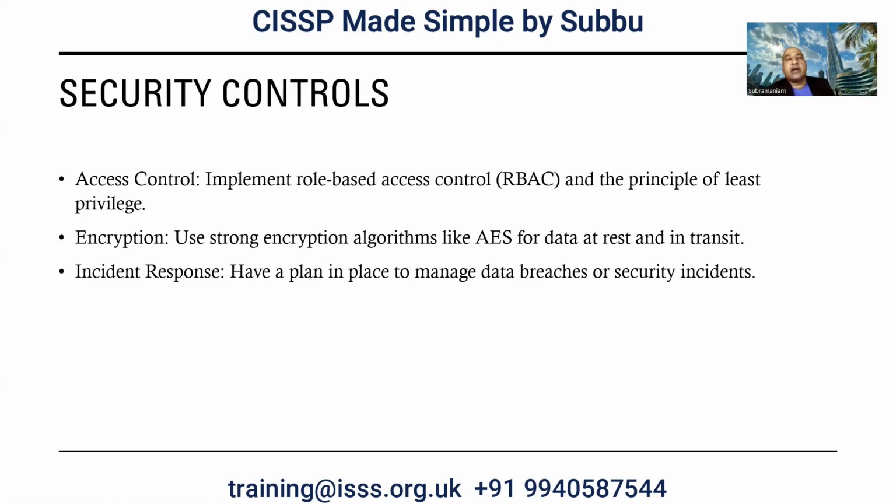Security controls: depending upon the data in transit, data at rest, and data in use, you need to put controls in place to ensure access controls are properly implemented, so that confidentiality, integrity, and availability are all taken care of properly. Encrypt the data after identification, authentication, and authorization. It is only encryption that will secure the data, because identification can be spoofed, authentication can be broken, and authorization can be creeped. After all that, when a hacker looks at the data, if it is encrypted, he cannot comprehend it.